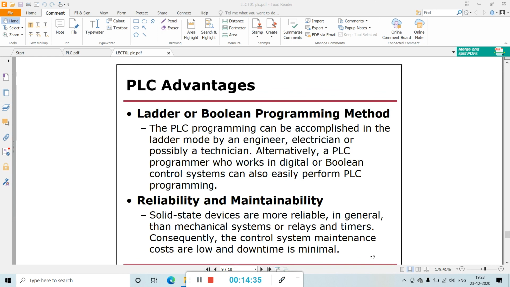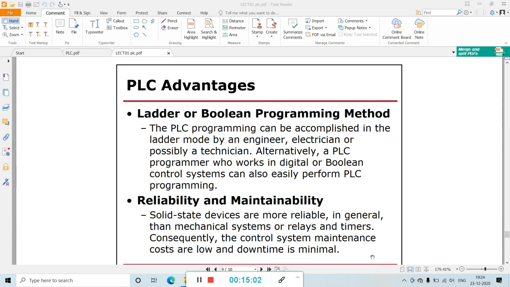The next advantage is ladder or Boolean programming method, reliability and maintainability. PLC programming can be accomplished in the ladder mode by an engineer. Ladder mode is one kind of logic expression. That means in the programmable logic controller, the logic is handled by ladder mode.